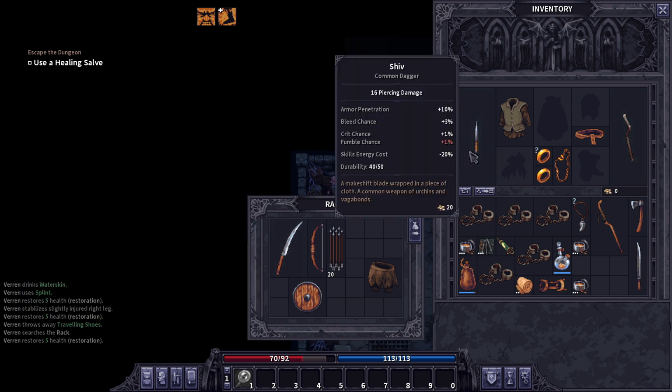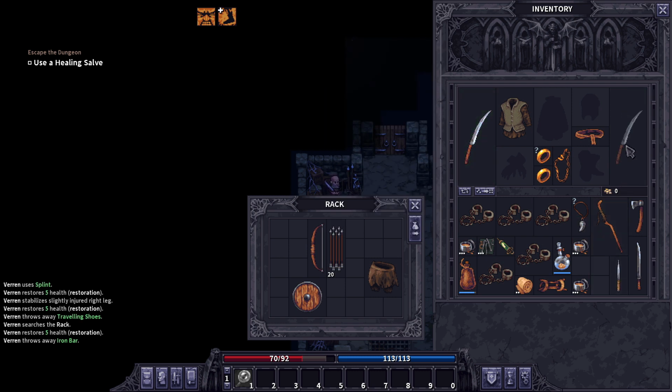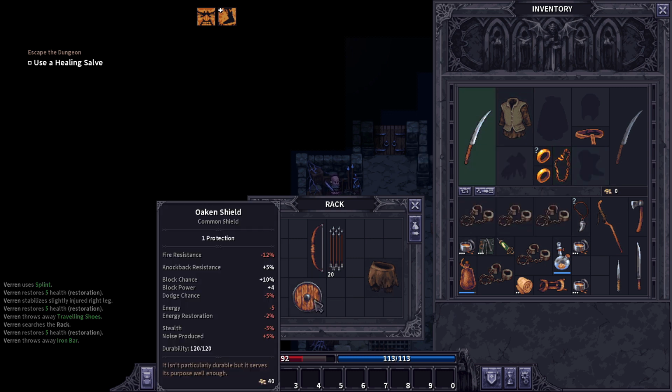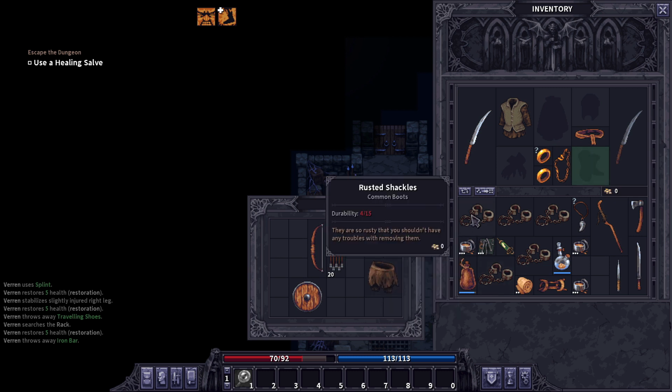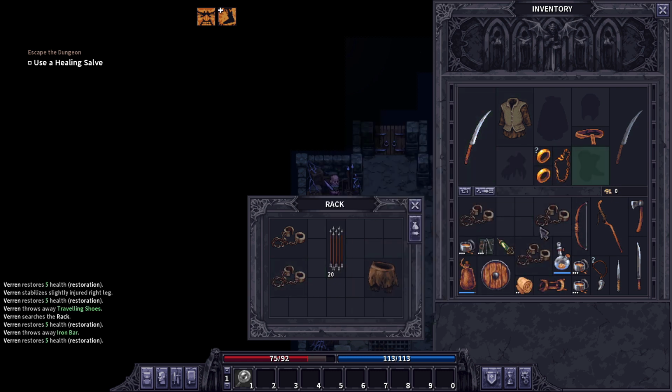Also worth a crap. Dagger's worth a fair amount. The iron bar is worth almost nothing. Drop the iron bar, but that's fine, I think. The oaken shield. I can't imagine that we could possibly need this many rusted shackles, so I think we can ditch some of this. Bow. Get rid of 2 more. That's a little bit of a bummer, but...